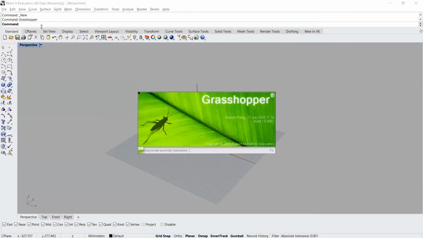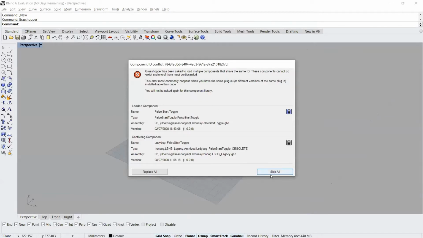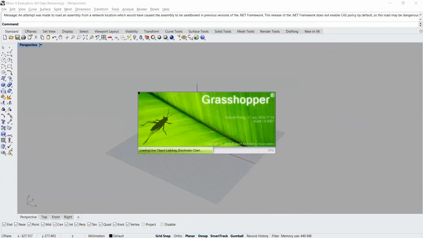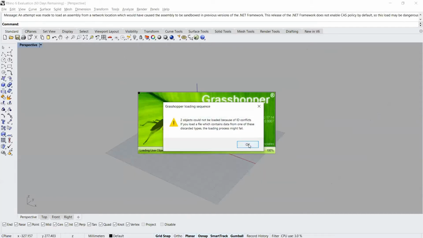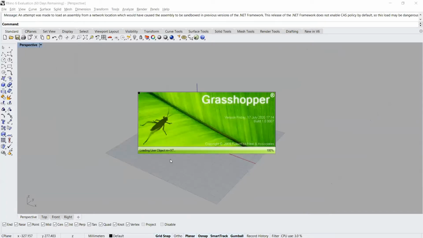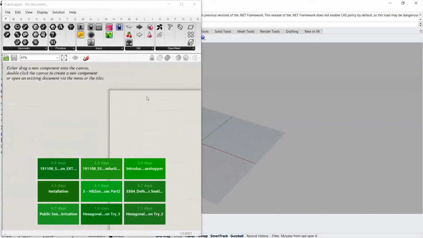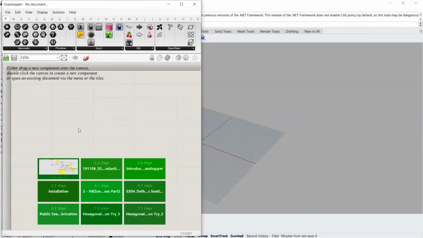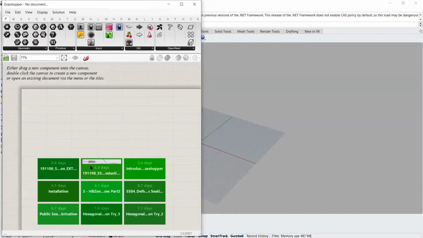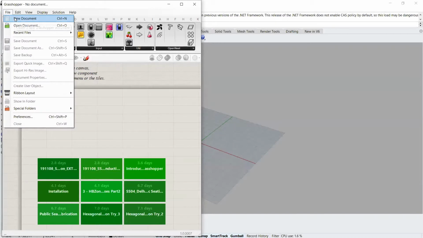This will run the Grasshopper component and my Grasshopper interface gets opened. So this is the Grasshopper interface, and whenever you open Grasshopper, you can open your previously done files, or you can just go to File and create a new document.